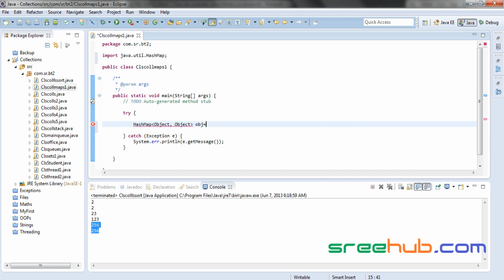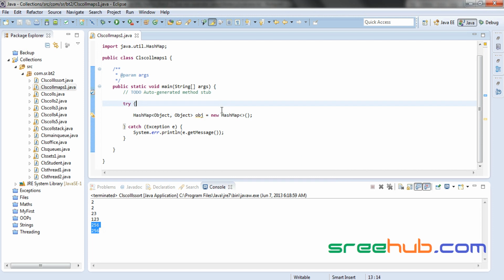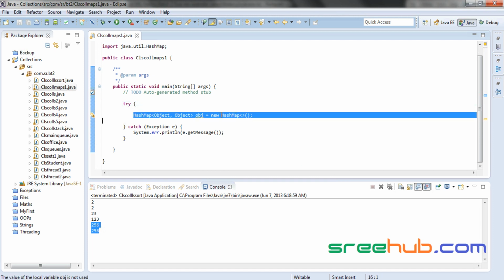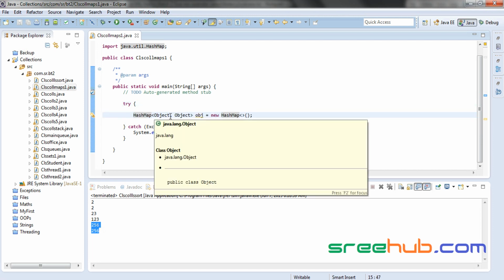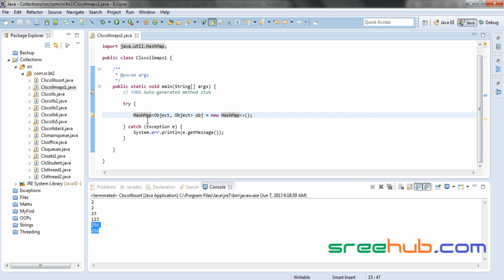Let me take obj is equal to new HashMap, right? This is a declaration of a map. This is the declaration for all the maps. It can be a LinkedHashMap, it can be a Hashtable, anything. The main declaration will be the same. You will be providing two things in here, which is a key and a value pair. If I don't give this,